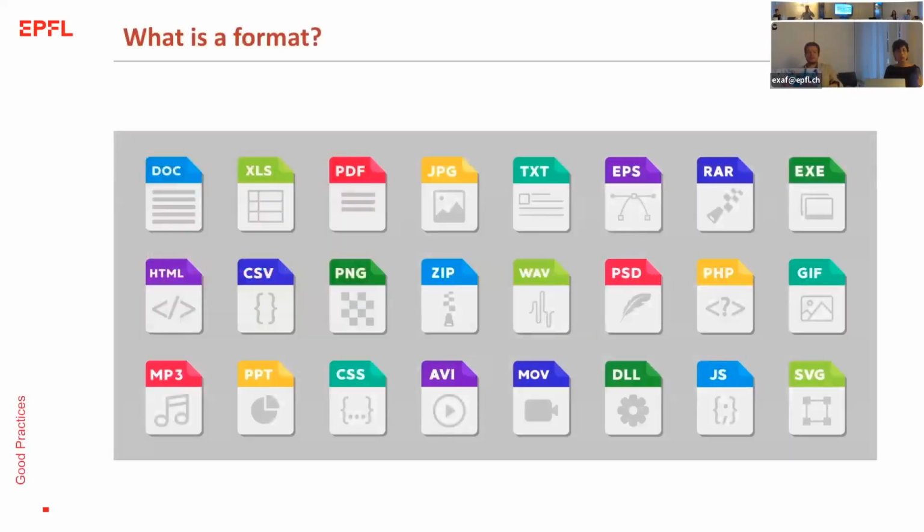Before that, we have to understand what a format is. A format is generally what you see like .doc, .xls, .pdf, and that tells you two things. It tells you a level of compression, and it tells you what kind of file you're dealing with. Is it an image, is it text, or anything else? And what we did here was select some of the best formats we found for text, videos, and